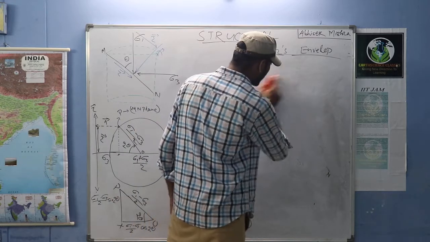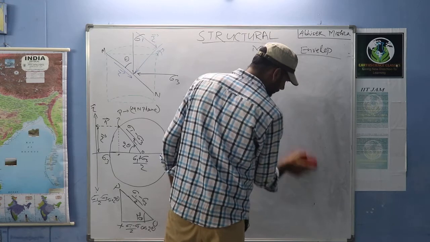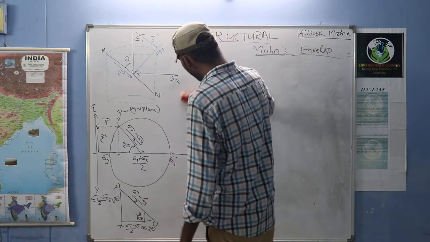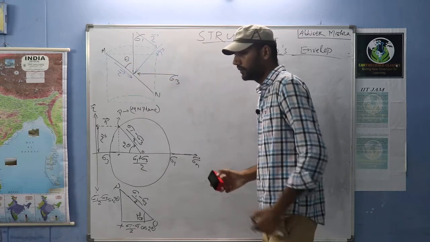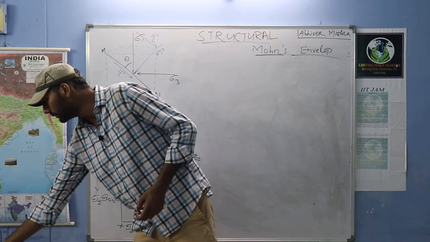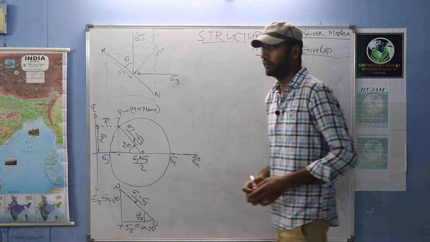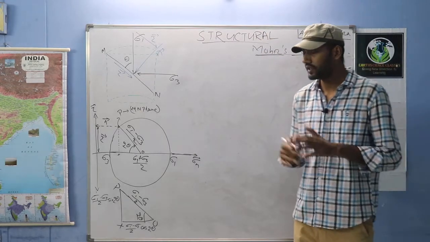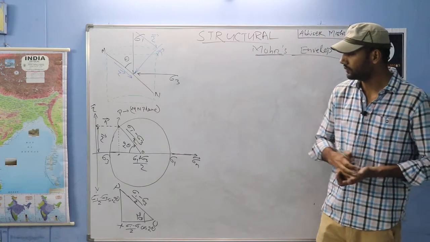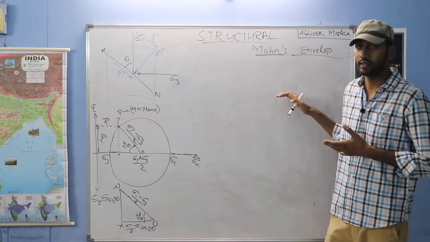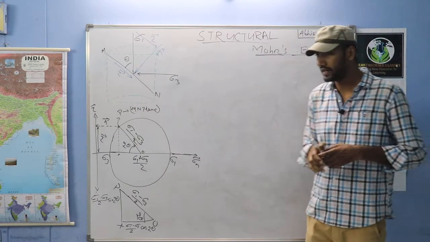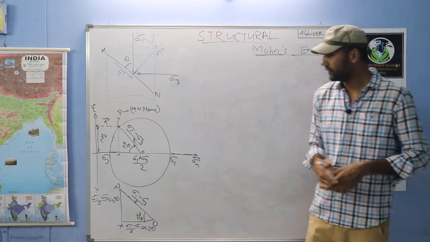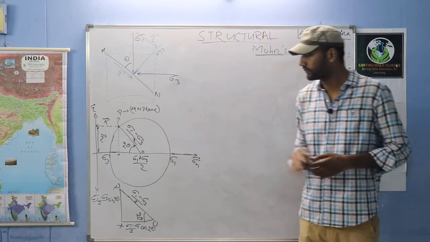So we have calculated normal stress and shear stress acting on this plane from the Mohr circle. Now what is the Mohr envelope? See, this is an experiment, and how is it done? It is the combination of some Mohr circles, right? We get the Mohr envelope by the combination of some Mohr circles. So how will we draw the Mohr circle?